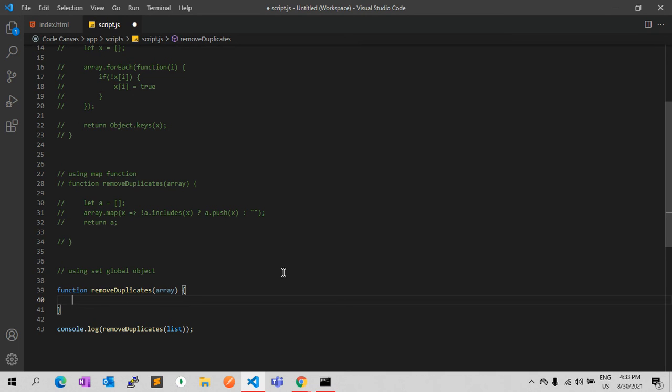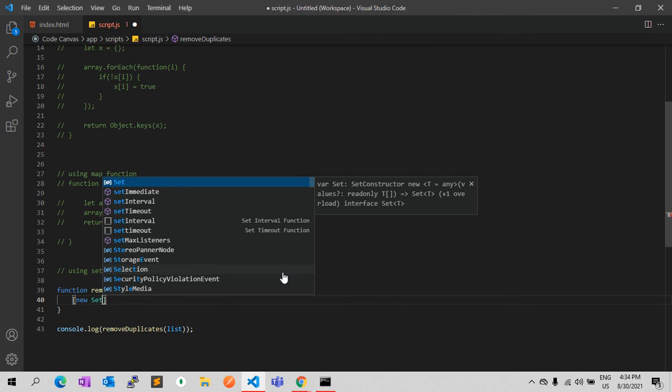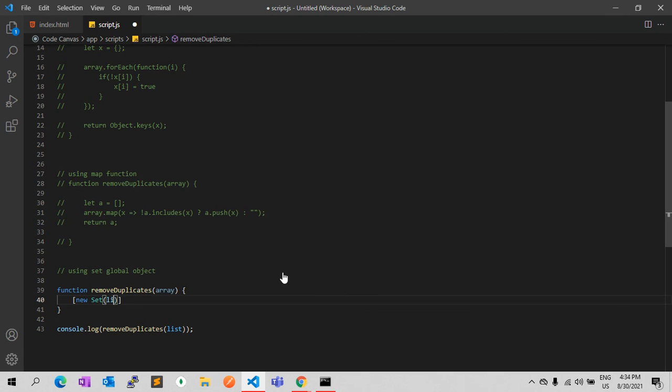Here, we can simply create an object with new Set, and in Set we need to pass the list and simply return, but you need to use the triple dot. What is the triple dot? It is available in ES6. It's the spread operator. The spread operator is a really nice thing introduced in ES6, and as you can see,